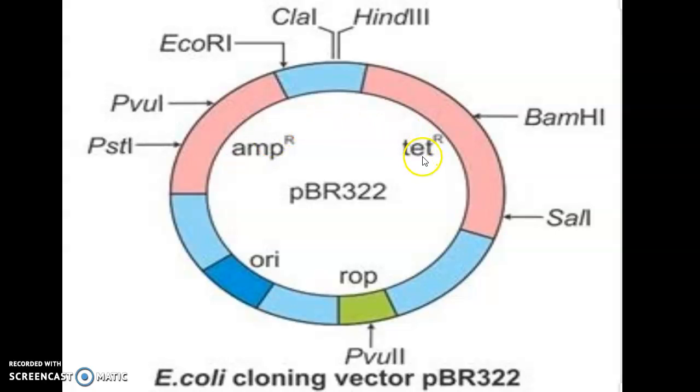We keep intact the tetracycline resistance gene of the plasmid, and now we introduce that plasmid into bacteria. When such bacteria with the recombinant plasmid grow on nutrient media having ampicillin, the bacteria are unable to survive, because in this plasmid the ampicillin resistance gene is inactivated and the foreign gene is present in it.